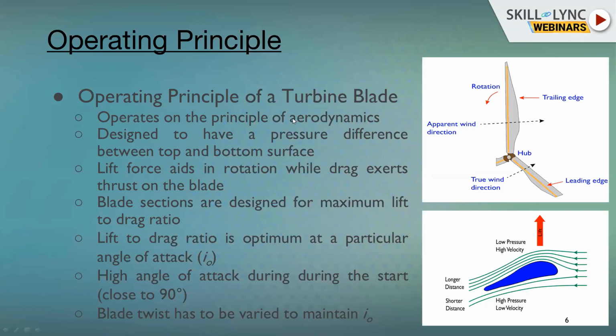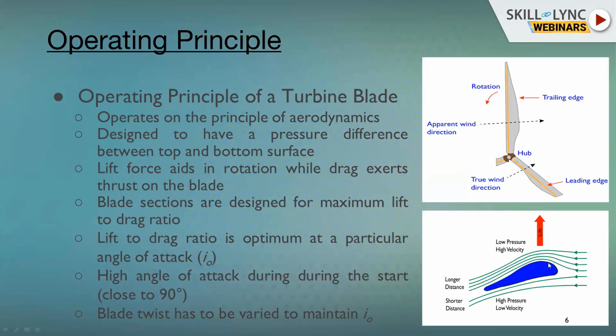I am sure you must be aware of Bernoulli's theorem. Bernoulli's theorem has three heads: one is pressure head, one is velocity head, and one is potential head. This is a typical cross section of the blade aerofoil. This is the entire blade, and if you cut a small part, this is what the cross section looks like. Here, if you see, the bottom and top surfaces are almost at the same level, so the difference in potential head is negligible. So we are left with two heads: pressure head and velocity head.